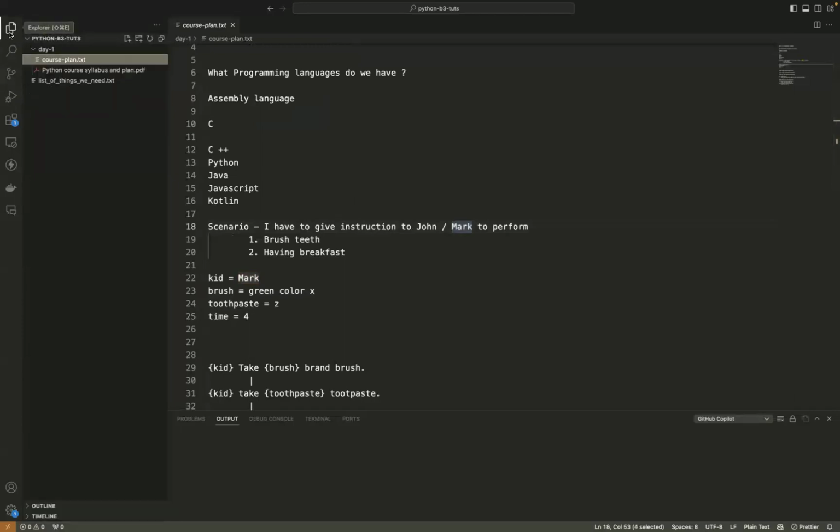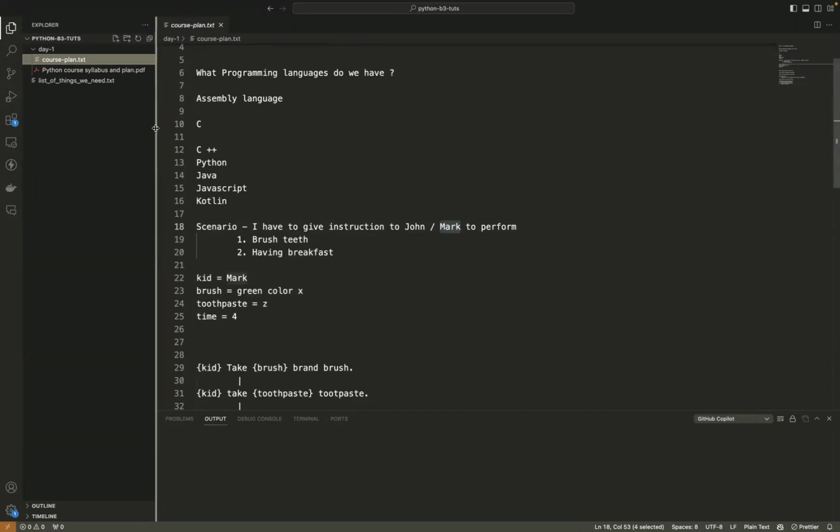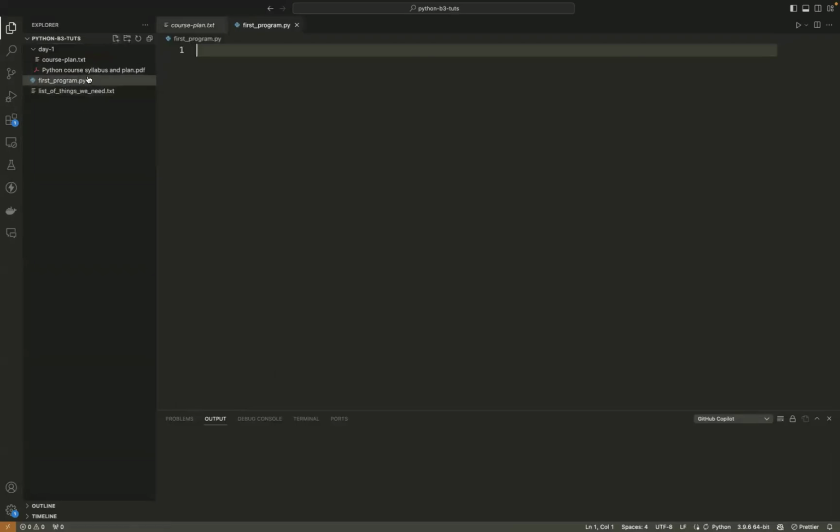So the first option this tool is giving me is the explorer, or the finder experience, the folder experience, which would be listed here. And it allows me to create a document. See, if I click this, I can create first program.py. I can create a file here, and I can create a folder day2. I've created another folder. And there is a reload option, or refresh explorer option.